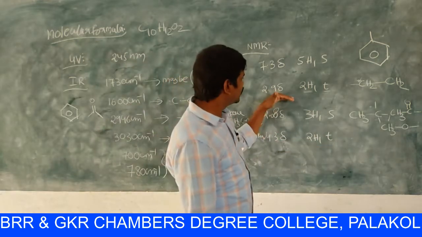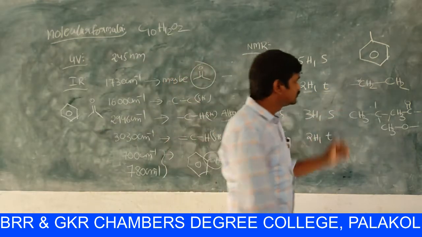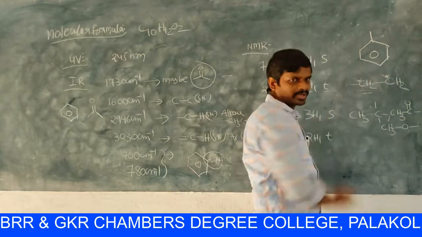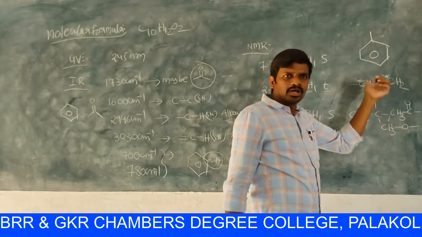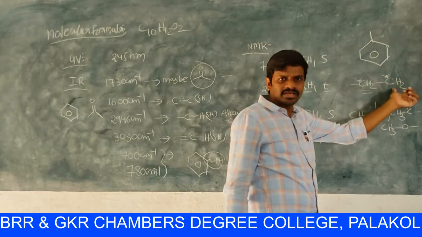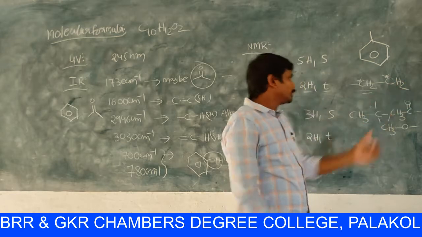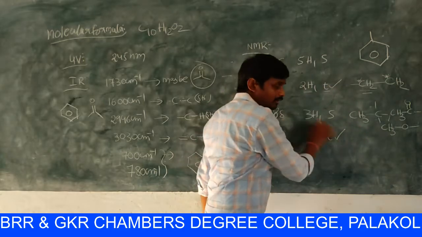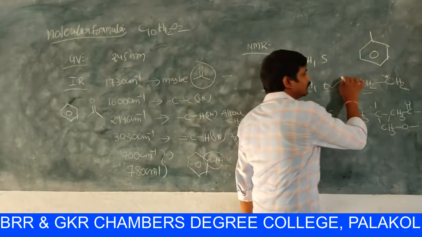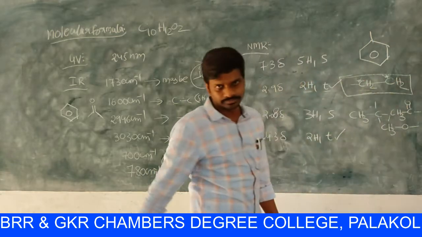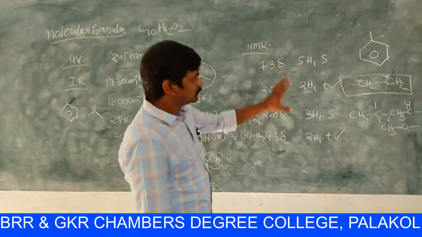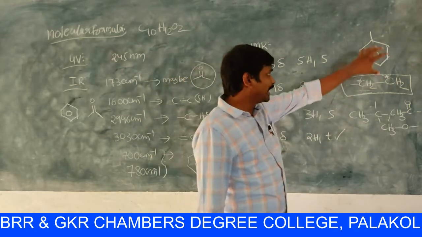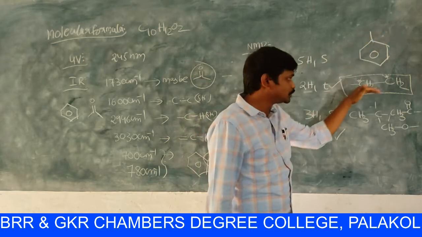So already the second chemical value, 2.9 delta 2 hydrogen triplet, represents this CH2 group, and the fourth chemical value represents another CH2 group, because this CH2 is also attached to another CH2's hydrogen atoms. So it also appears as a triplet. So for the second and fourth NMR data, the common unit is CH2 CH2. So from all the discussion of NMR we have one monosubstituted benzene ring, one CH2 CH2 and one